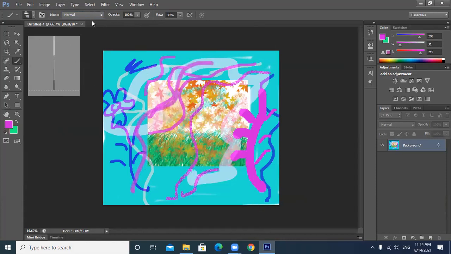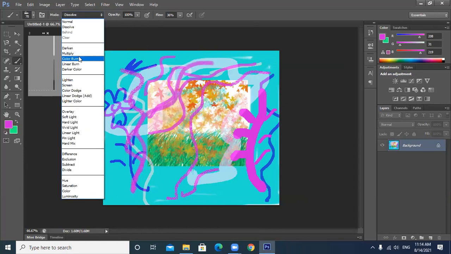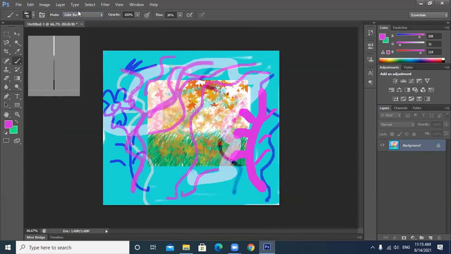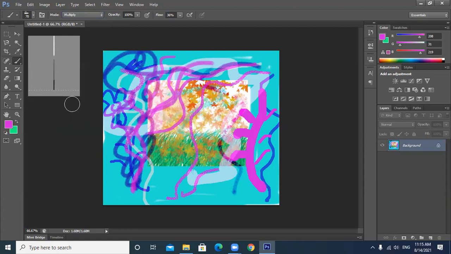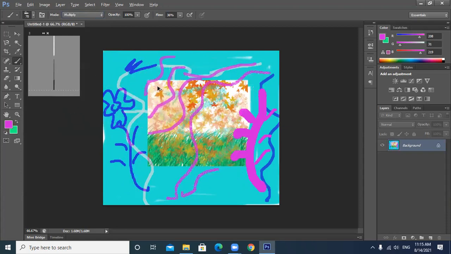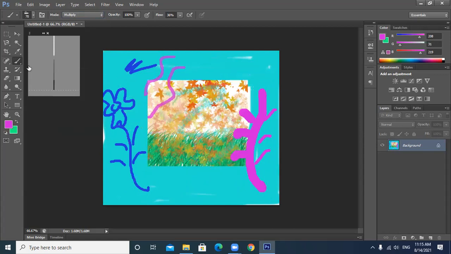So this is the brush. Dissolve, color burn, multiply. Okay, clear? Brush and pencil tool is clear. Any doubt?